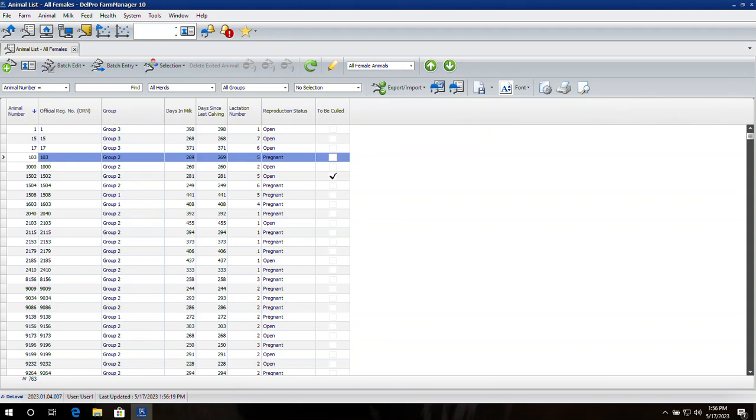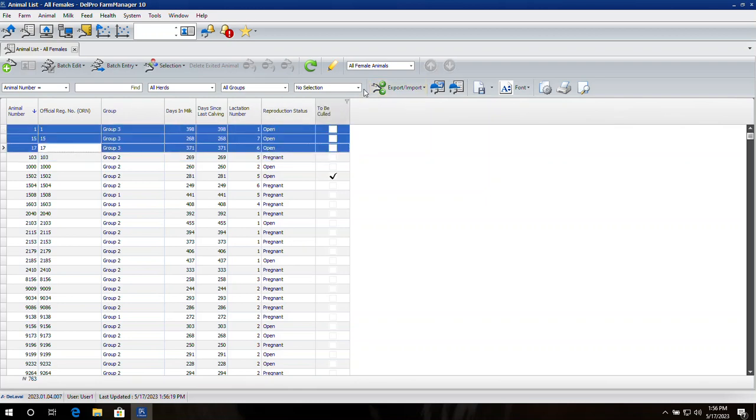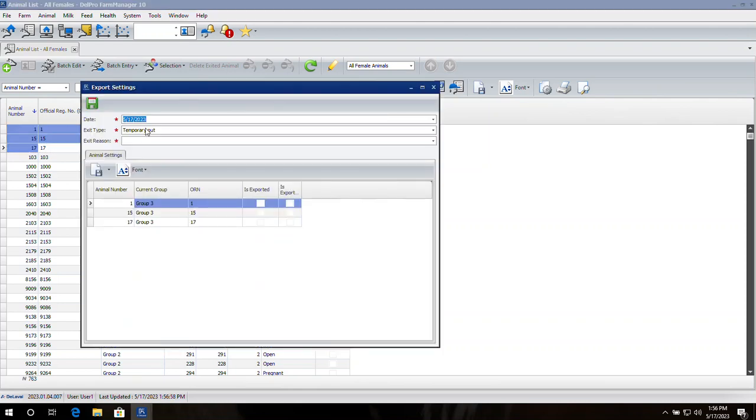Hello everyone, in this video I'm going to show you how to export and import cows. So to do this we go to animal list, we choose our cows. In this case I'm going to take the first three, I'm going to export, we choose sold and an exit